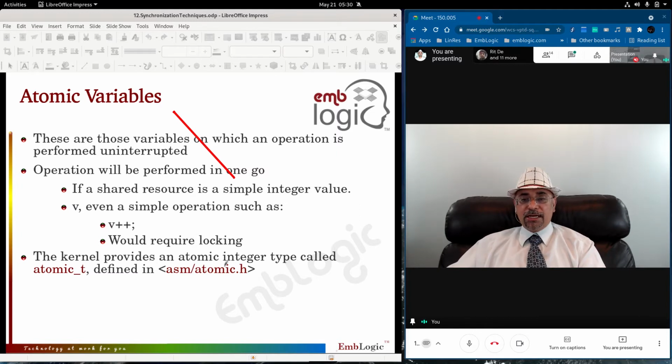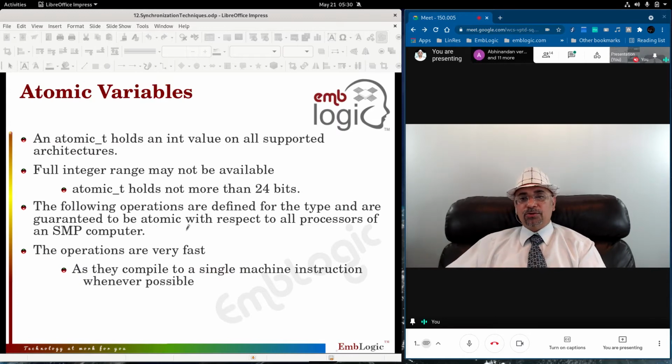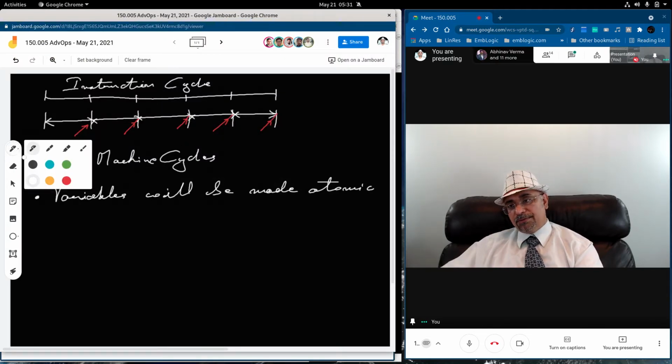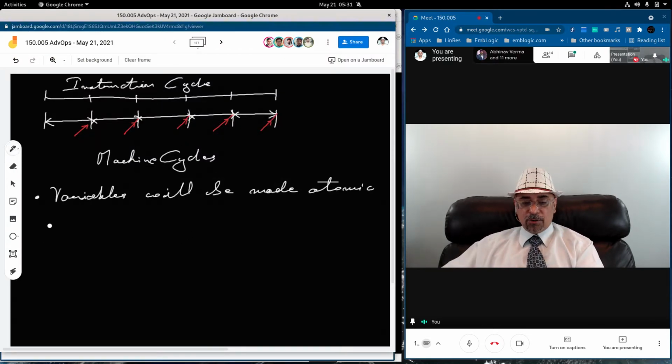The kernel provides an atomic integer data type called atomic_t. Now atomic_t is the data type which is used to make the variable atomic. If you want all the operations on a particular variable to be performed atomically, then the data type of that variable should be atomic_t, which is defined in asm/atomic.h. And atomic_t holds an integer value on all supported architectures.